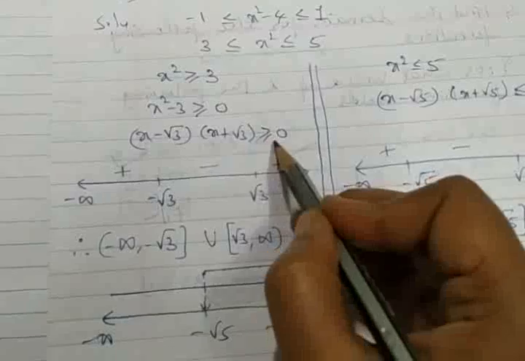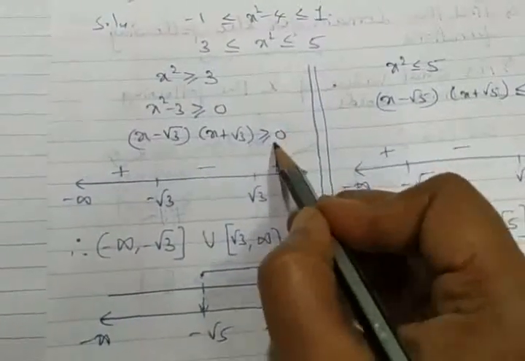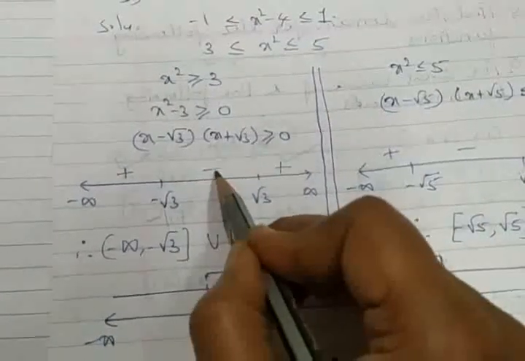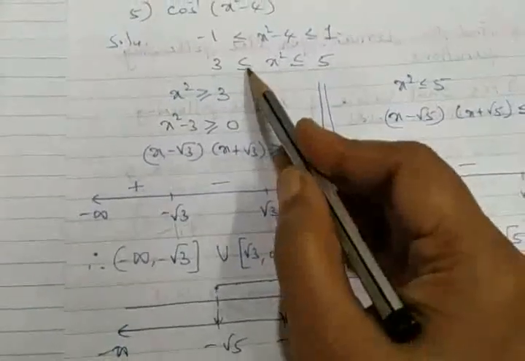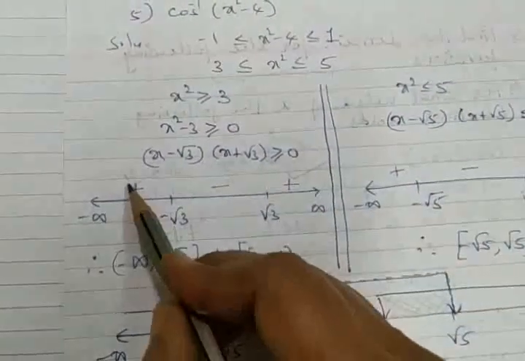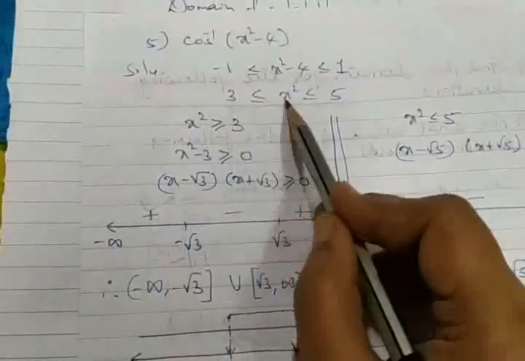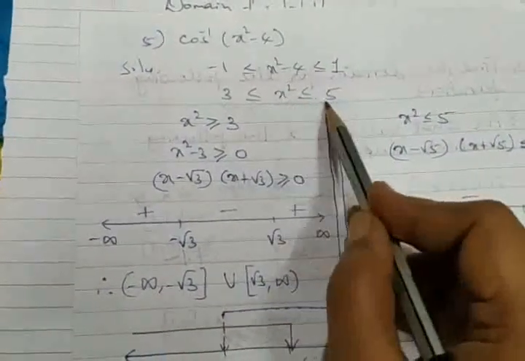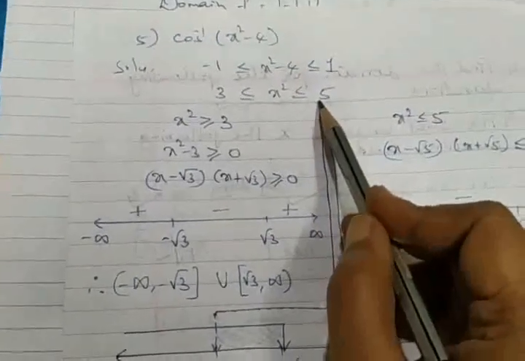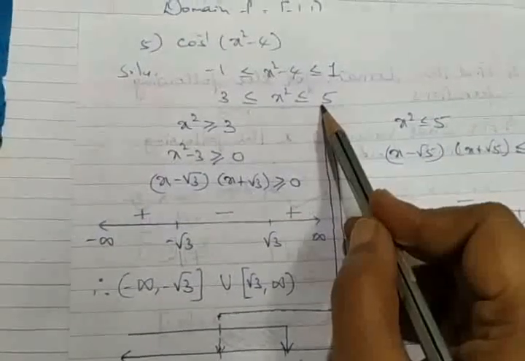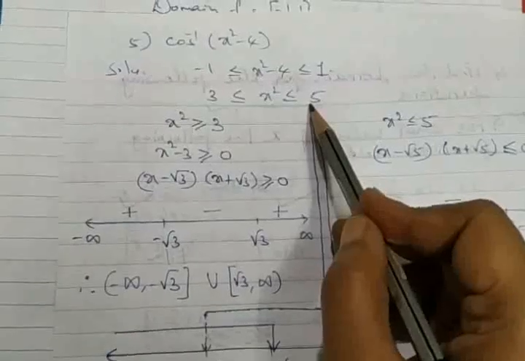If it had been less than or equal to 0, less than 0 implies negative, and when it is negative we would choose that interval. But depending upon the inequality we had taken here, accordingly I chose this interval and this interval. Okay, but still it is not the final answer. Remember, we had taken only one inequality. One more inequality is yet to be done. Got it? That's why I said these terms are not in your syllabus, but still I'm teaching you just to make you understand how the domain is decided. Just have a glance, study this, remember this also.